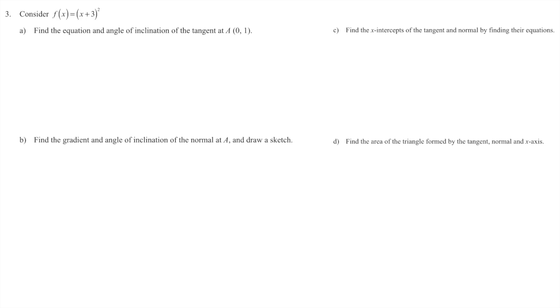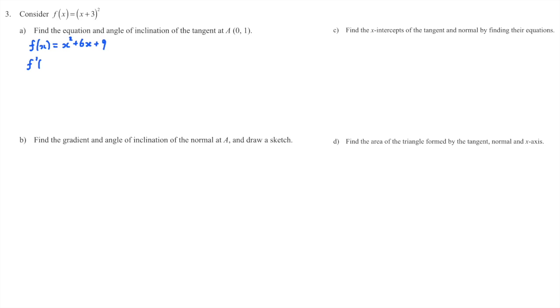To find the equation of a line, I'm going to need to know the derivative. Now, with this particular question, f of x equals, I'm going to have to expand it out: x plus 3 in brackets, x plus 3 in brackets becomes x squared plus 6x plus 9 if I expand it out,